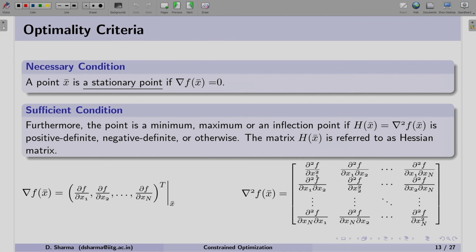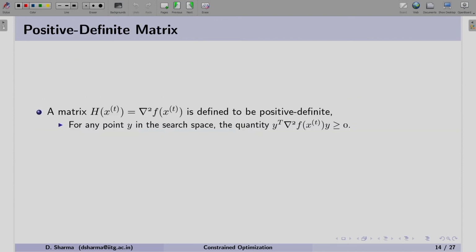As we know, if we have a scalar function, when we find the gradient of the function, it is going to be a vector. For the same scalar function, when we find the second derivative, we get a matrix, and as you can see, a symmetric matrix will come into the picture. Now, the question is that when we get a stationary point x bar, how would I know whether the given matrix is positive definite, negative definite or indefinite? In order to know this, we have certain conditions.